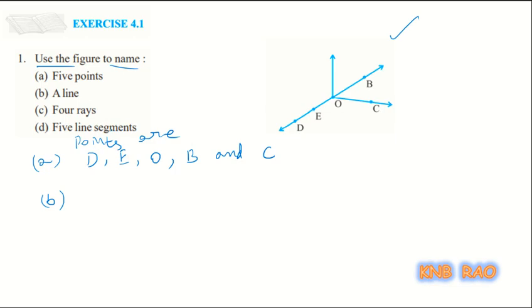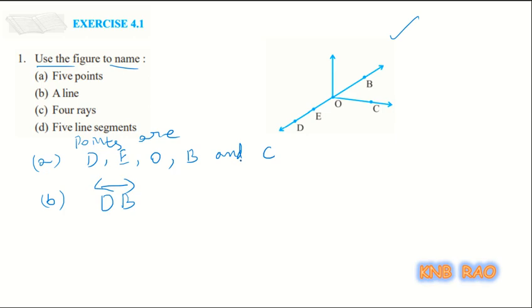Now, coming to part B, here we have a line. How many lines are there? Can you guess? Is this a line? No. Why is it not a line? Because it is extended in only one direction. Is this OC a line? No, again, because it is extended in only one direction. Is this DB a line? Yes. We have the DB line,